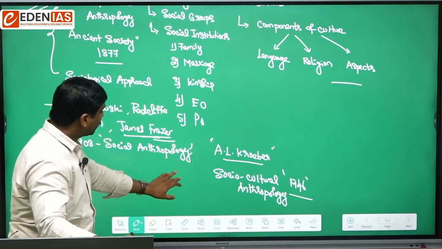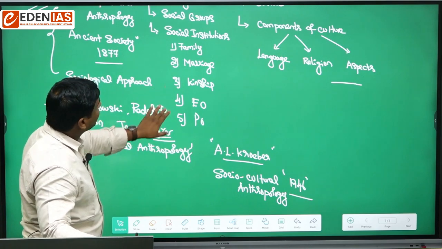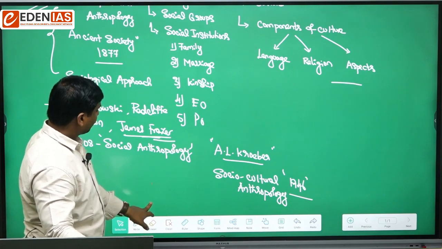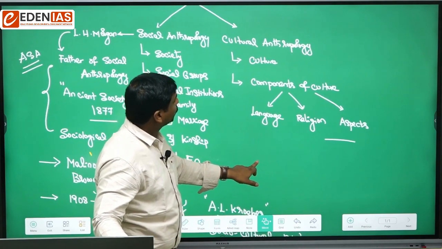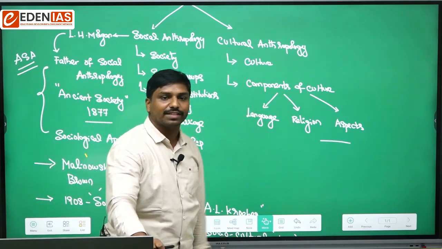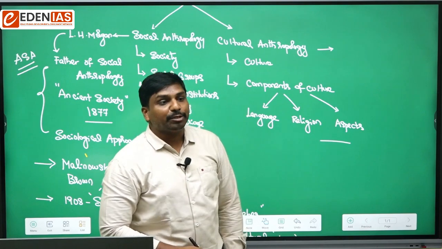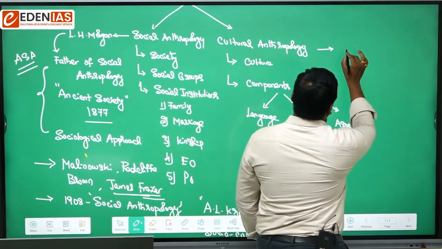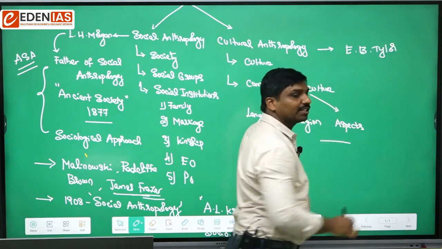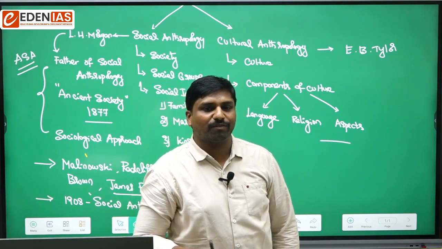Is that clear? Then if we come to the concept of cultural anthropology, we will be studying aspects like what is culture and the components of culture. Here, one of the famous scholars associated with this was E.B. Taylor. He was a British scholar. His name was Edward Burnett Taylor. He was the first person who contributed pioneering efforts towards cultural anthropology,